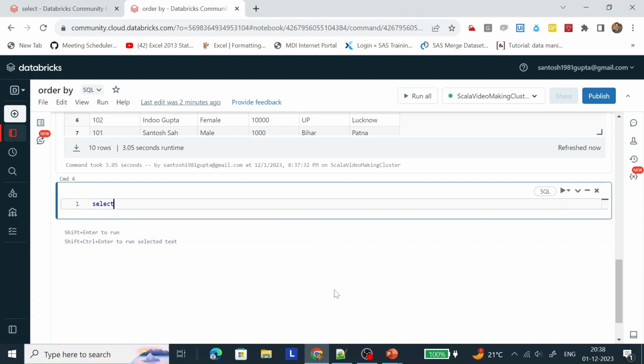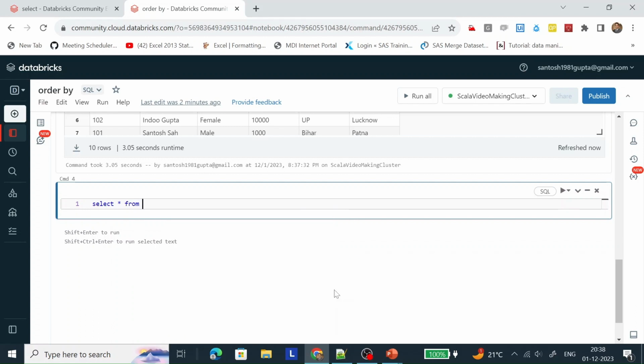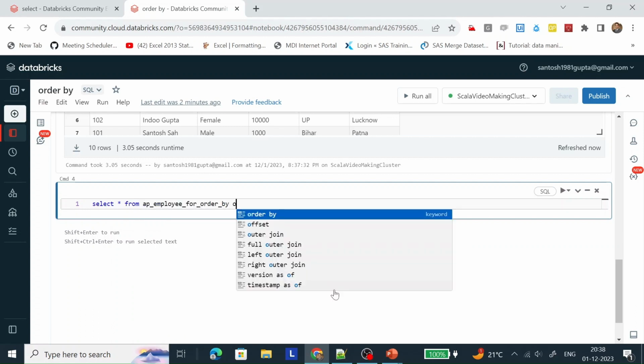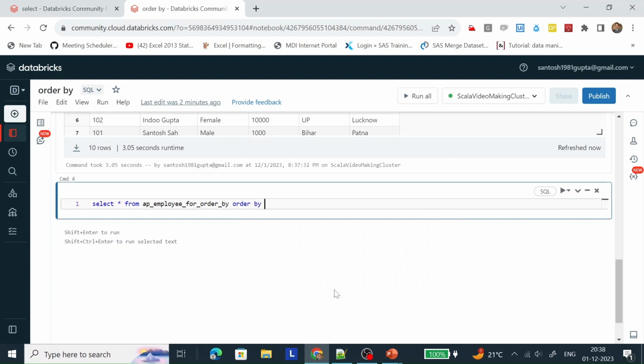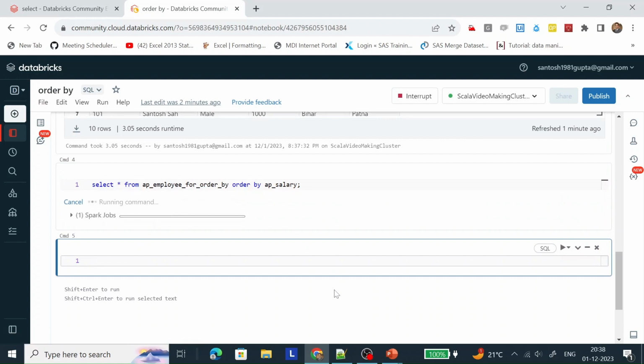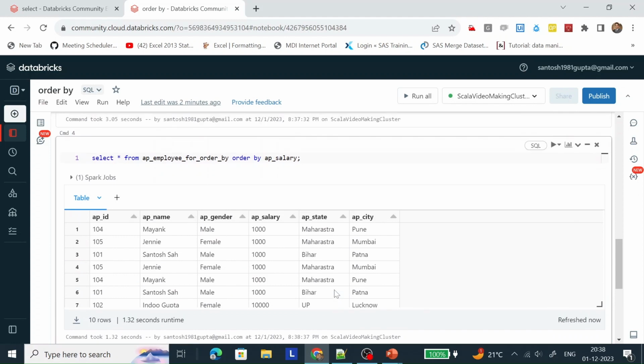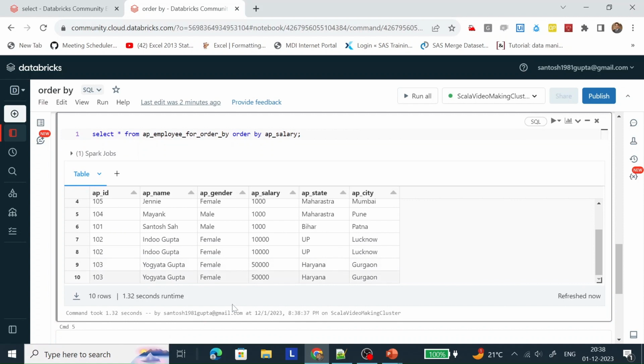So select star from this table, order by AP salary. Let me run it. If you don't provide ascending or descending here, by default it will be considered ascending order. That's why first it shows the lowest value and then the highest value.